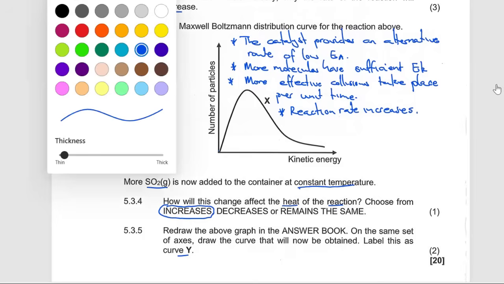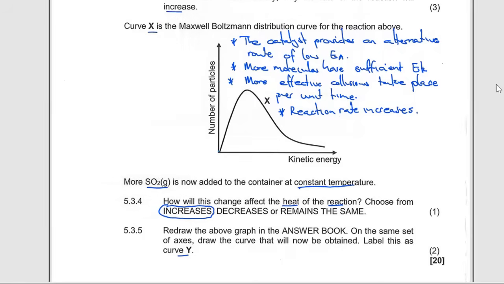Let me use a different color so that it's easier for us. So we're going to have something like that. This curve Y is going to be higher, like that, and I'm going to label this one as my curve Y. In terms of our kinetic energy, if I put our Ea there, it means higher concentration. Now we're having more particles for Y with sufficient energy